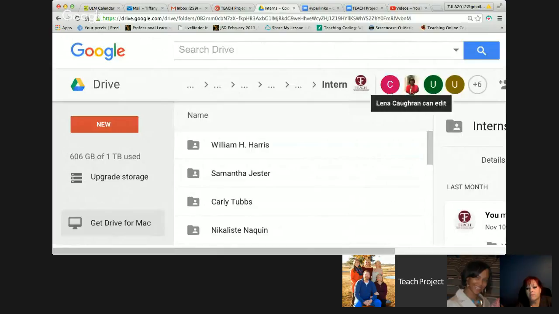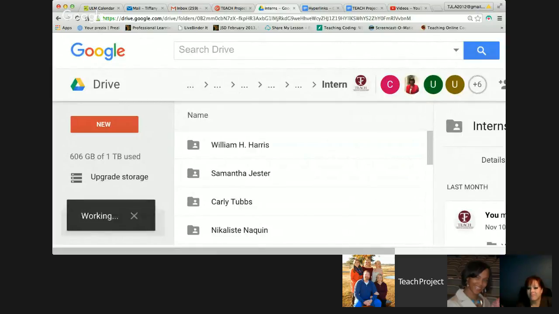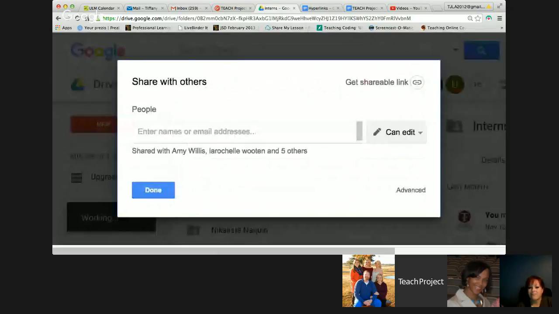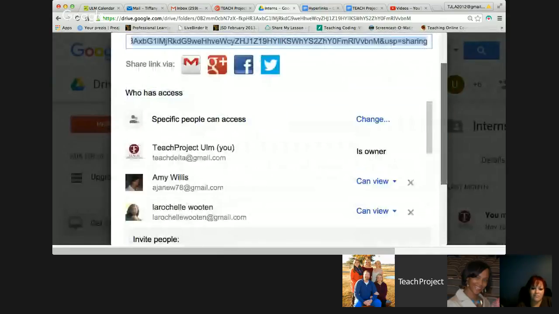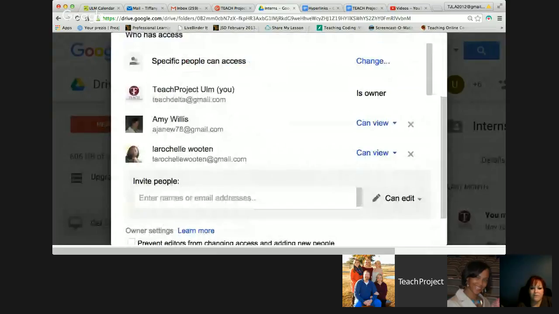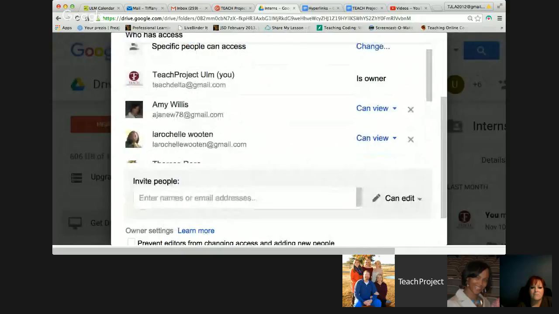So that's Juneberry, Lena. I'm not sure why it says unnamed for these people, it might be because you're using your link but you didn't log into your Google account. These are the other people it shows that have access, and this is the account that you'll want to log into it with. It shows Amy Willis, La Rochelle. You all have access. Let me change this right now from view to edit, because what you'll need to do,